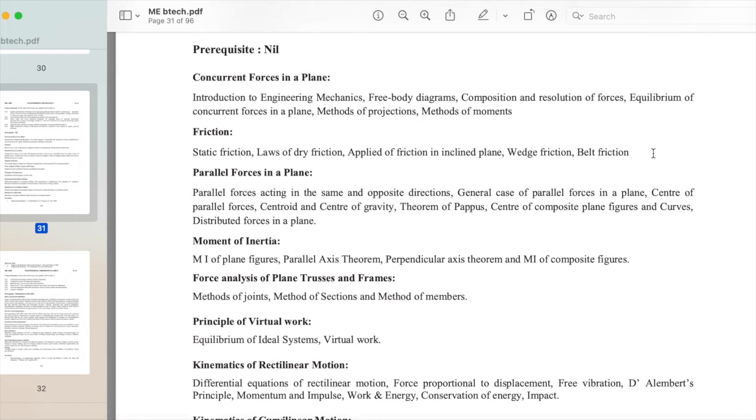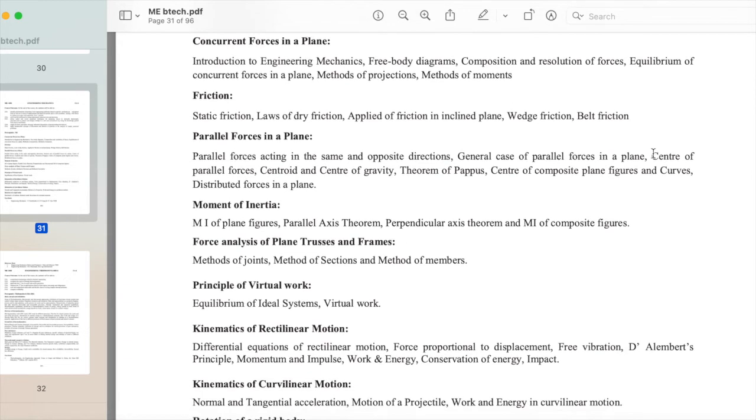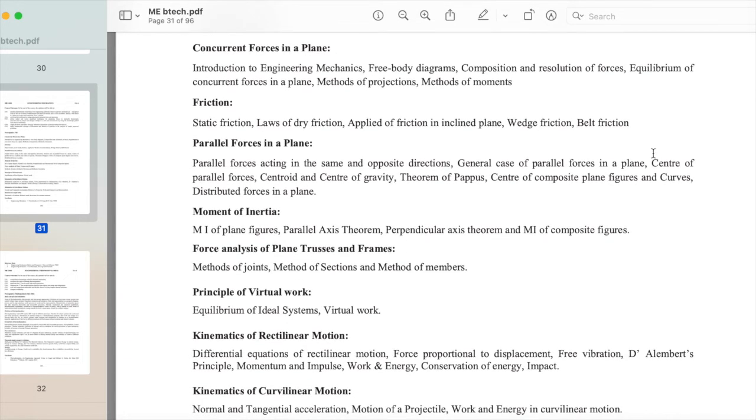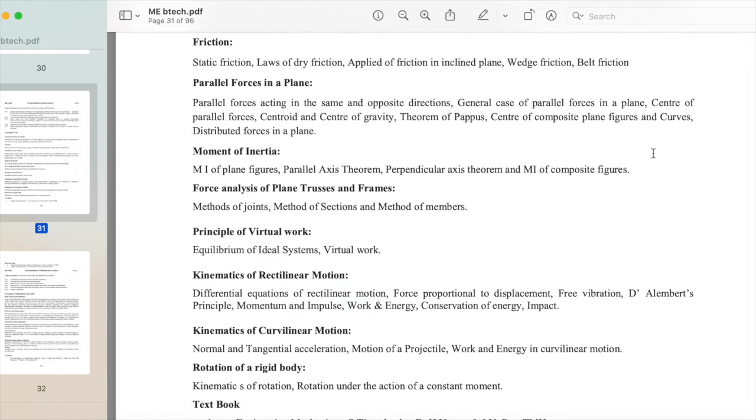center of parallel forces, centroid and center of gravity, theorem of Pappus, center of composite plane figures and curves, distributed forces in a plane, moment of inertia, MI of plane figures, parallel axis theorem, perpendicular axis theorem, and MI of composite figures, force analysis of plane trusses and frames, methods of joints, method of sections and